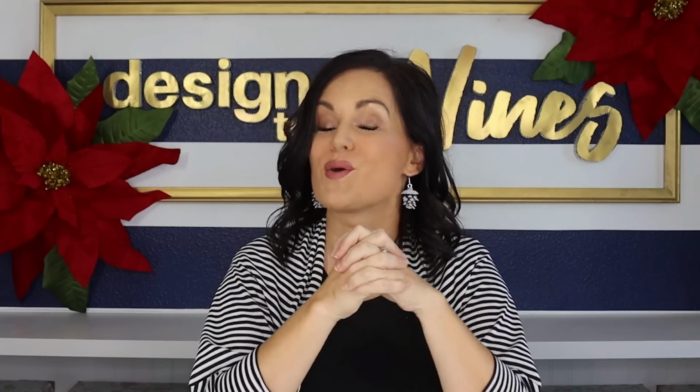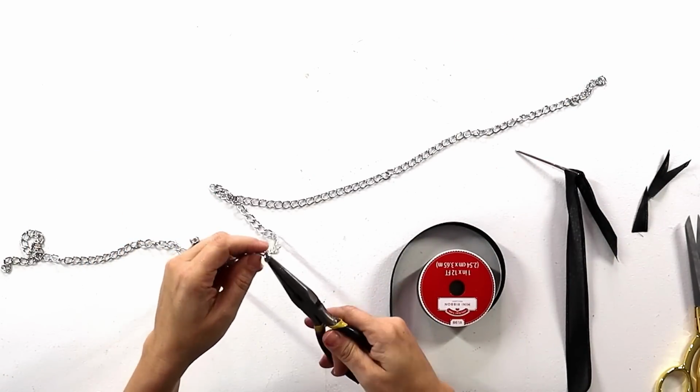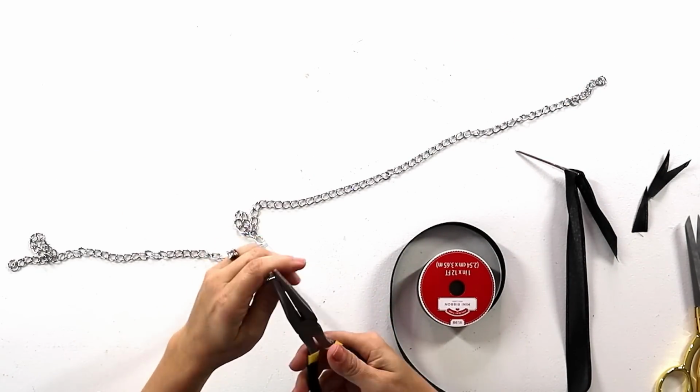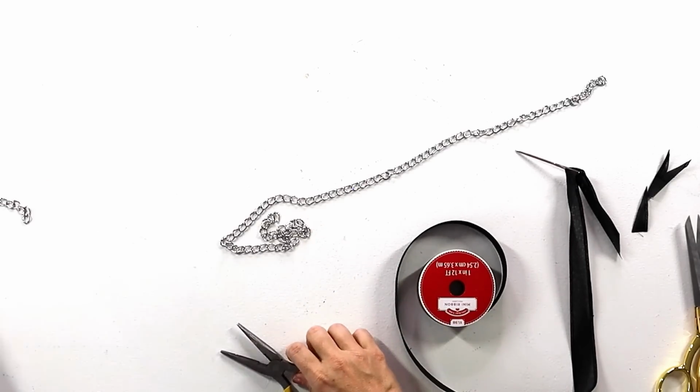Okay, so for our next DIY, we are going to be using the glitter, which is our first challenge item. It's really pretty. When I saw this, I thought, that is so beautiful. And what I thought we could do is create a beautiful necklace that I can give to my daughter. We're gonna start by taking how long of chain that we think we need. I kind of eyed this, lay out your chain, and then we are going to basically sew the ribbon into